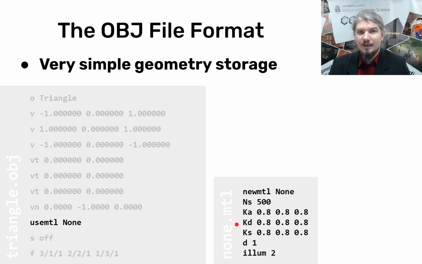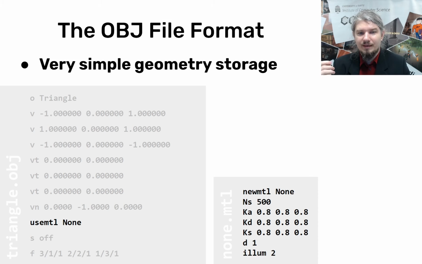If you open the MTL file, you can see quite familiar parameters here. For example, here we have the material's ambient color, material's diffuse color, material's specular color. There's also the shininess exponent and a few other parameters. But at the end of the day, this is just data. So it's up to the importer and the engine or graphics framework that you're using to render this object, how